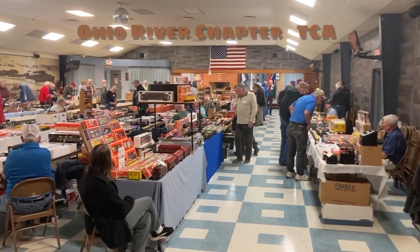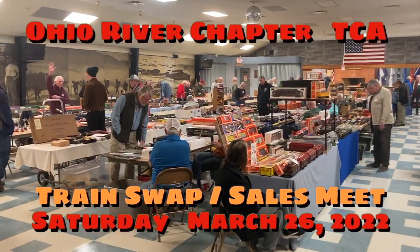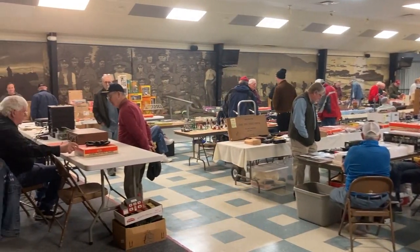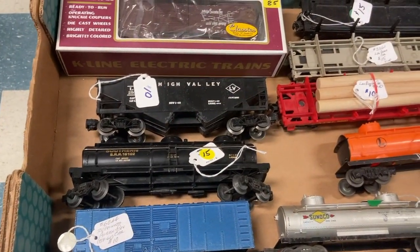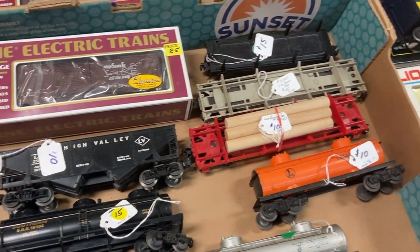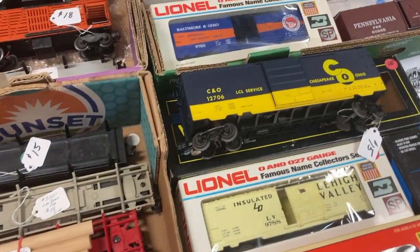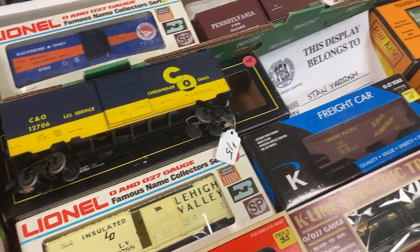There was a swap meet just yesterday at the American Legion Hall on Winton Road in a suburb of Cincinnati. My best guess is that at least 75% of the items for sale there were O-gauge, so yay! I'm starting to recognize sellers from previous shows, and I arrived early to take advantage of lower-priced goods that might